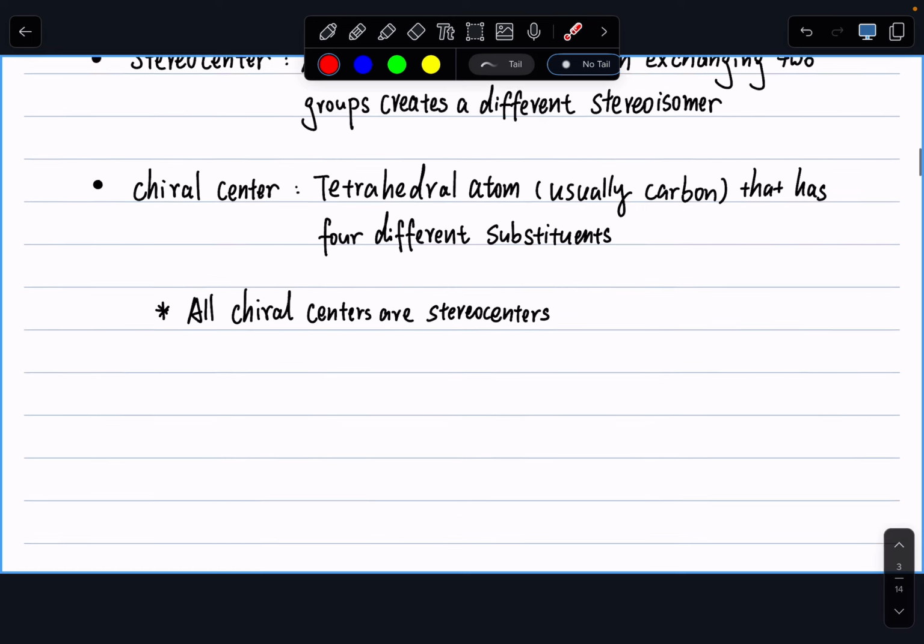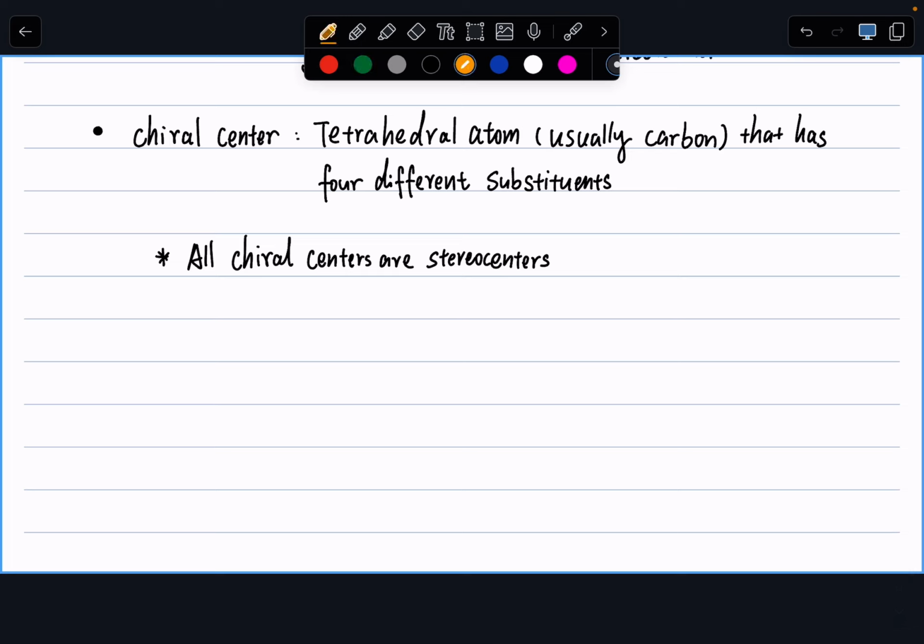Let's look at an example together. Let's think about these two examples. First of all, let's look at a carbon center attached to chlorine, CH3, a wedged fluorine, and then a dashed hydrogen, versus a carbon attached to hydrogen, chlorine, fluorine, and wedged chlorine. So if we look at these two pairs and focus on the carbon center here,